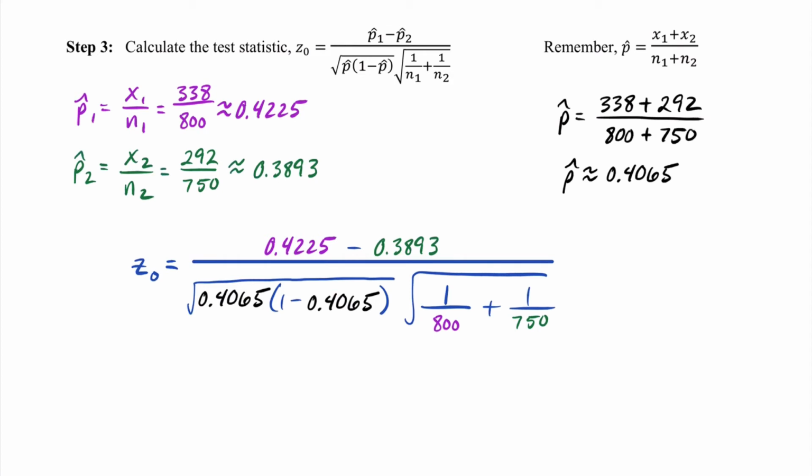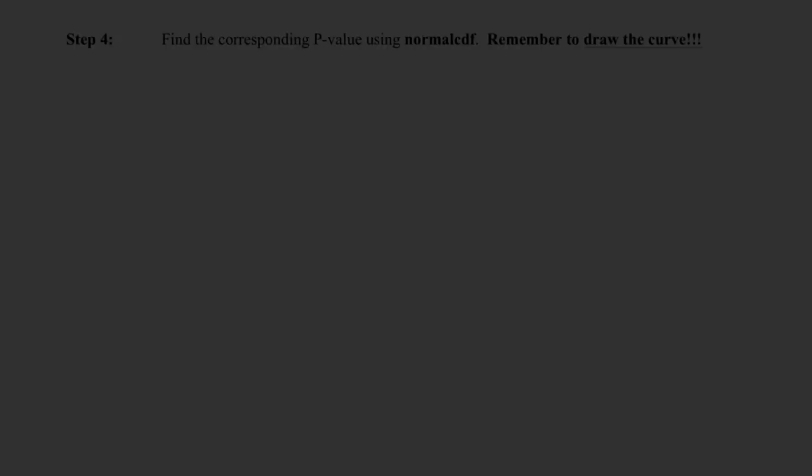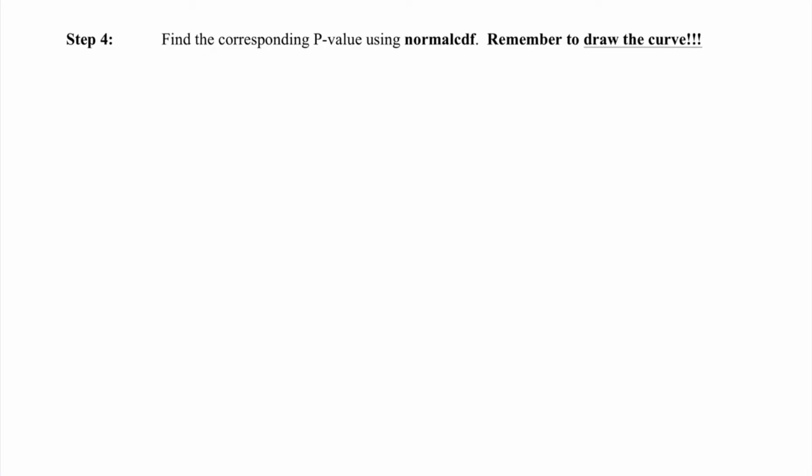0.4065. Remember, n sub 1 is 800 coming from our first sample, and n sub 2 would be 750 coming from our second sample. Carefully putting this into our calculator, we end up with our test statistic, z naught, approximately 1.33. And now that we have our test statistic, we can find our p-value using the normal CDF